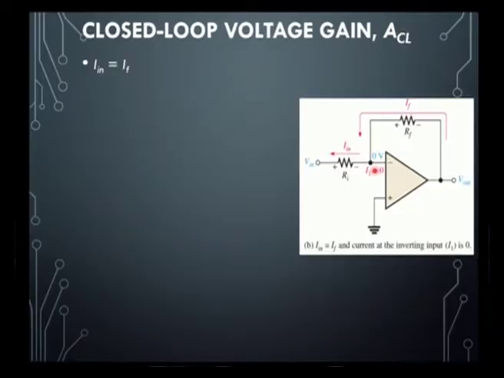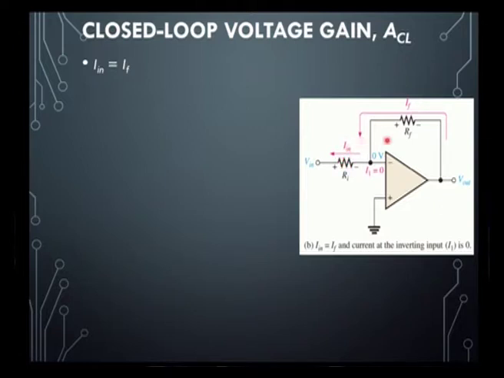So, for a closed loop inverting amplifier, the first thing we can observe from the figure is that IF, the current from the output or feedback current, is going to flow through RI. Here the current I1 is 0 and the voltage is also 0, this is virtual ground. So, we can easily say IN is equal to IF, whatever current is in the feedback is exactly flowing in RI also.